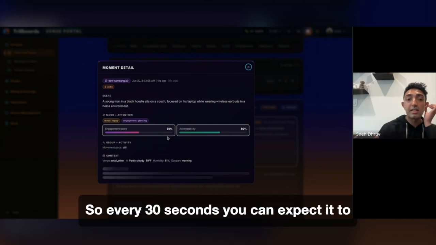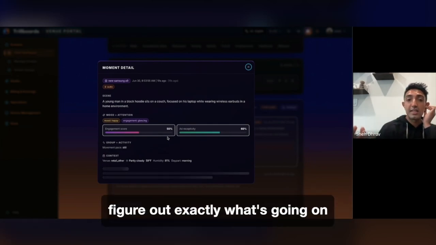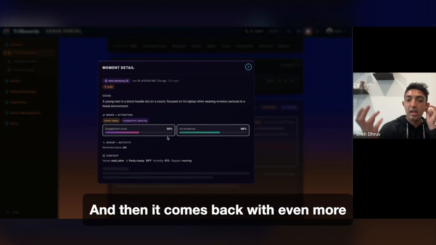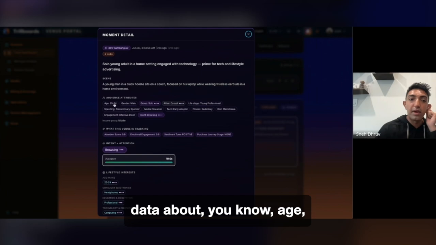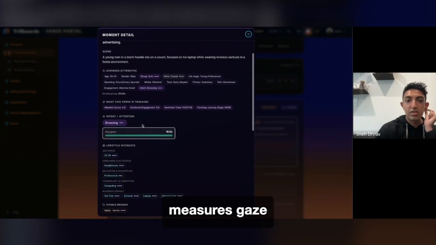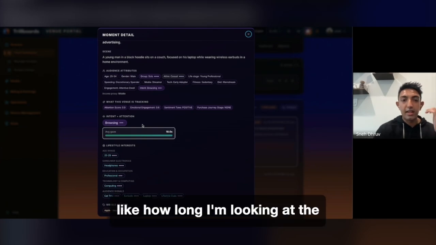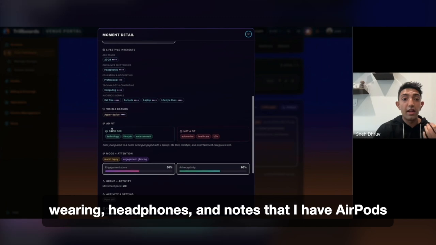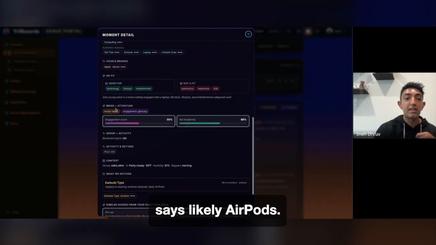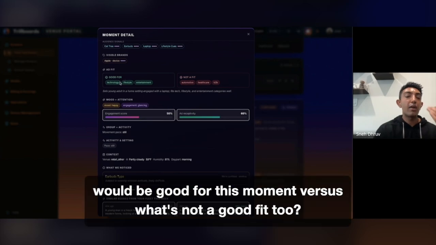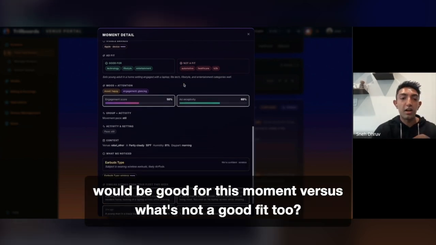Every 30 seconds, you can expect it to figure out exactly what's going on around the screen at that time. And then it comes back with even more data about age, gender, demographic, etc. Measures gaze, like how long I'm looking at the screen, age range, what I'm wearing, headphones. It knows that I have AirPods in, and it says likely AirPods. And also what kind of ad would be good for this moment versus what's not a good fit too.